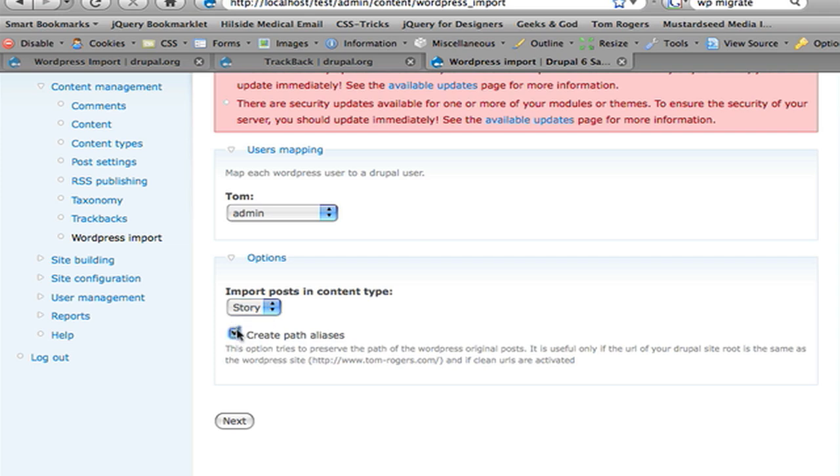And then there's the next thing called create path aliases. If you've got friendly permalinks in your WordPress blog, I highly recommend you select this, because what it'll try to do is keep your URLs exactly the same as they were in WordPress, your public URLs, so they won't be perceived as any different by the search engines, so you won't get any broken links to posts you had when they're in WordPress. They'll just map to the Drupal page. So what we're going to do is hit next,